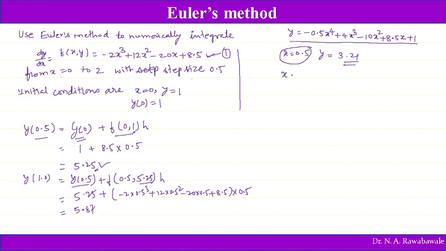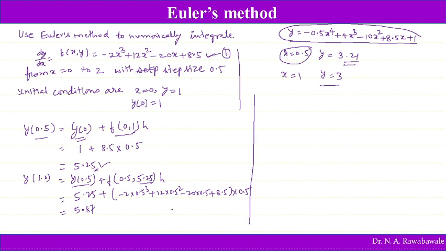So if we substitute x is equal to 1 in the original equation from which the differential equation is obtained, we get y is equal to 3. So in this equation we get y is equal to 3. So the true value is y is equal to 3. So if we find this set of data at various values of x, we get various values of y, and